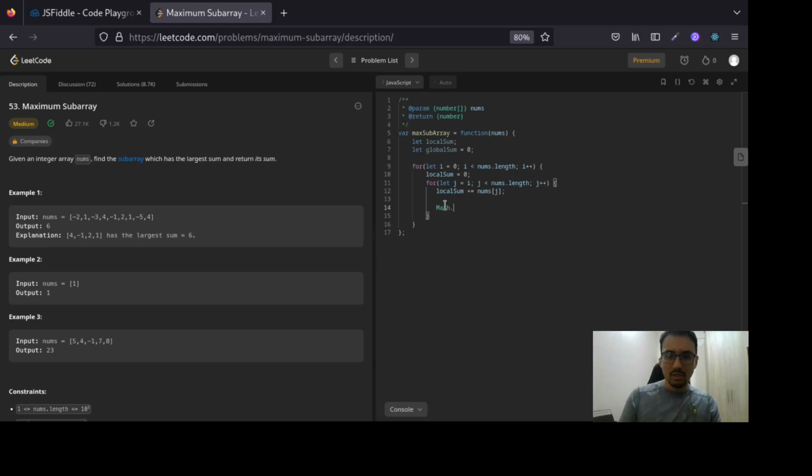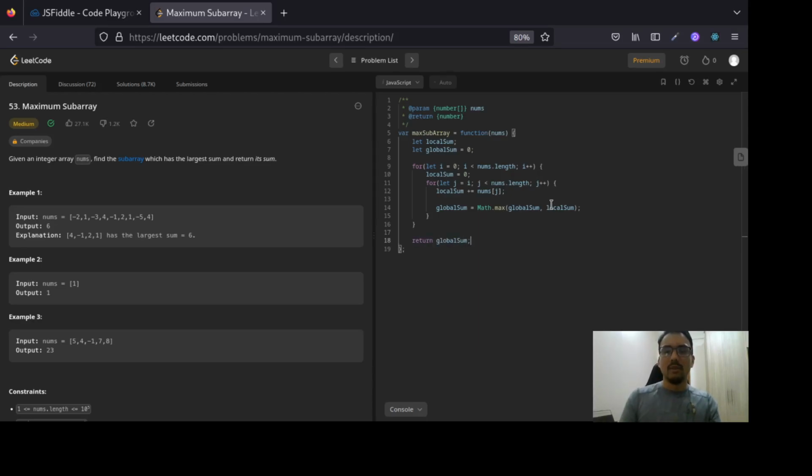From Math, we use the max function. The max function compares two numbers and returns the biggest. So we just do this, and we assign the result, the bigger number, to global sum. And finally, we want to return